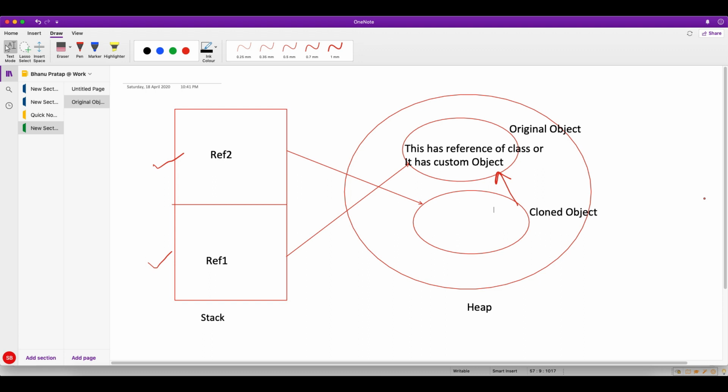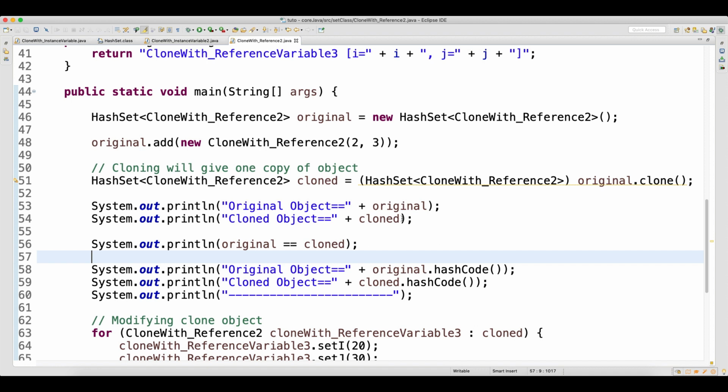One clone got created, but your cloned object internally points to the same original object, because we copied the reference of the object, not its value.